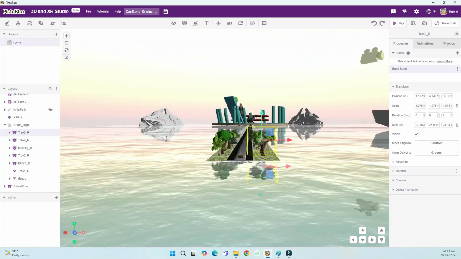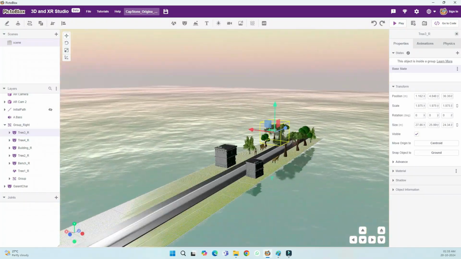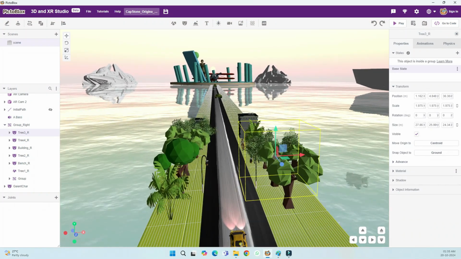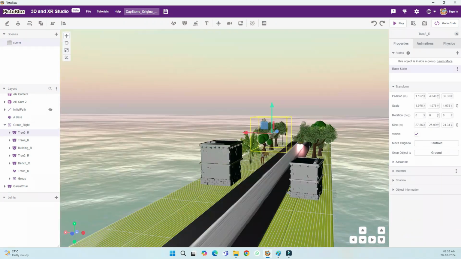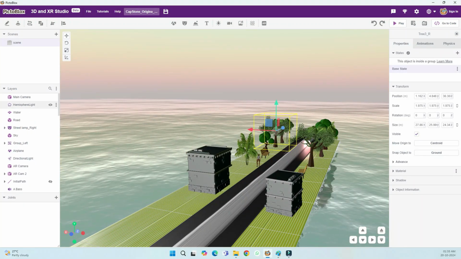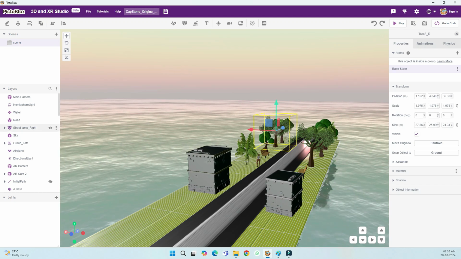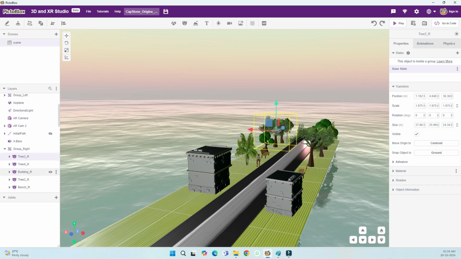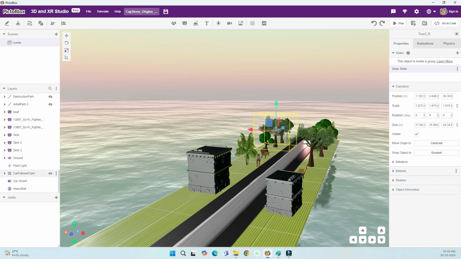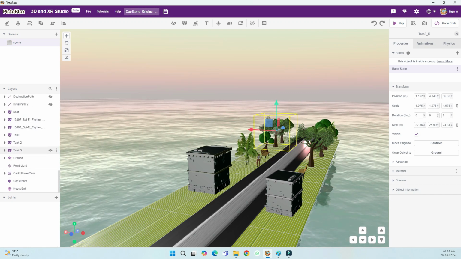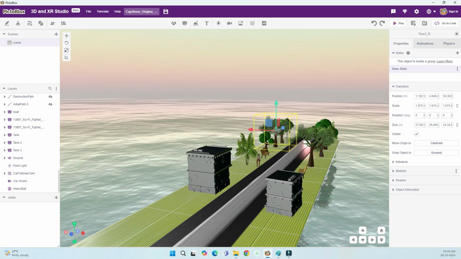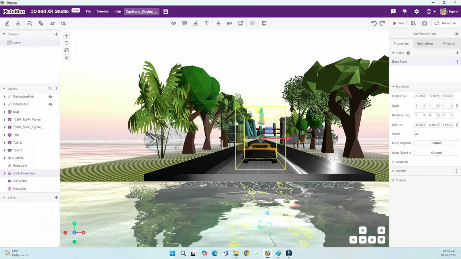So that's what I wanted to tell. And you can add more lights to give some nice effects to your car. For example, on the top of my car I have given one light for a good look. So the car, if I go to my car quickly by double clicking on it, where is the car? That's the problem. If I have so many things in this left pane, I have to make groups and give proper names. And the car follow cam, so this one, if you see,